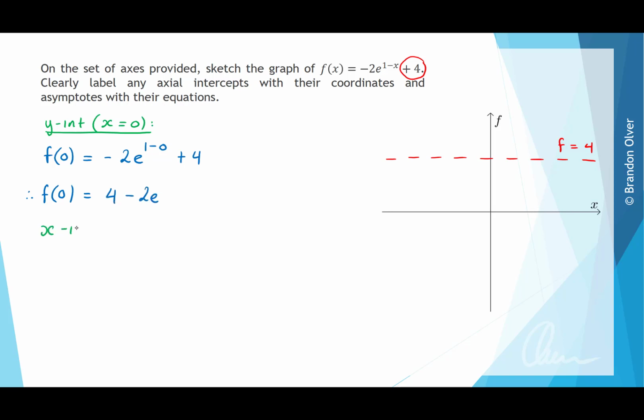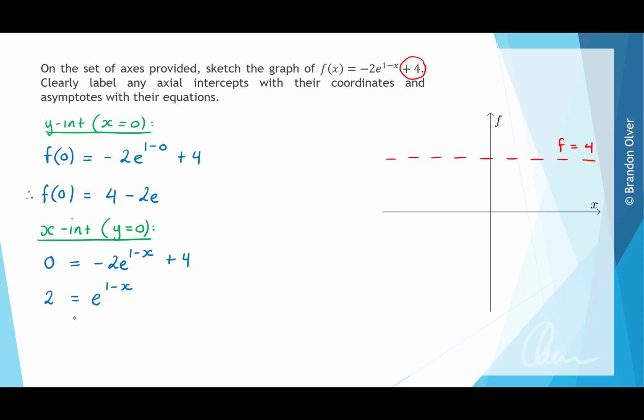Next, we can find the x-intercept if it exists, so that's going to be when y is equal to 0. By y equaling 0, that's just f of x is 0, so we're going to have the equation 0 is equal to minus 2e to the 1 minus x, plus 4. Now we're going to rearrange this to get e to the power of 1 minus x by itself. To do that, we're going to start by subtracting 4 and then dividing by negative 2. Negative 4 divided by negative 2 is just positive 2, so 2 is equal to e to the power of 1